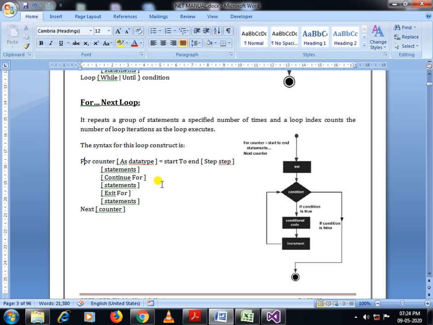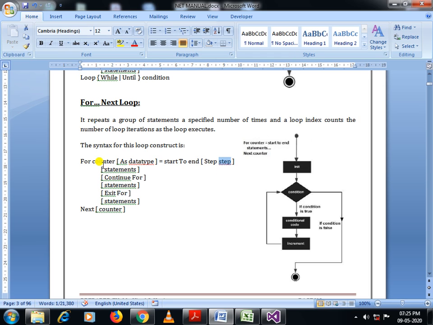Now you may be thinking, sir, what if I would like to skip multiple numbers, let's say two numbers instead of one? So you can write the Step keyword over here. Step is the keyword and the small number is the numeric part.